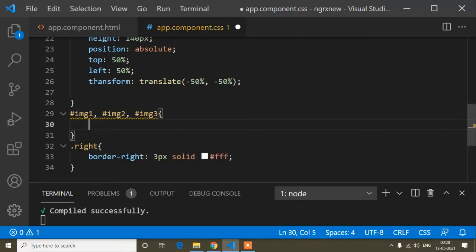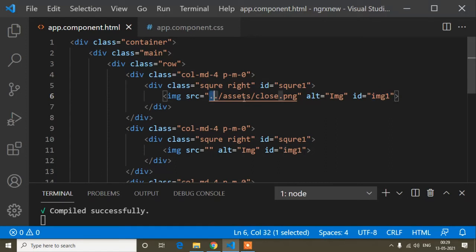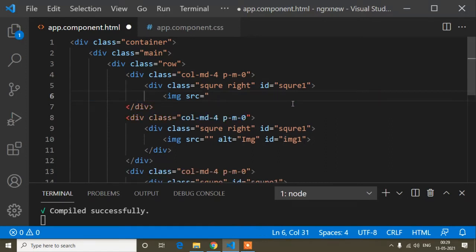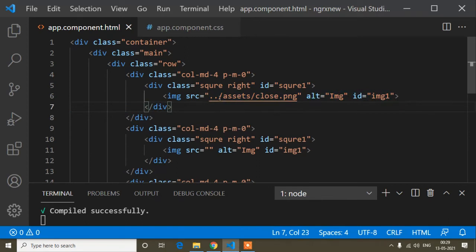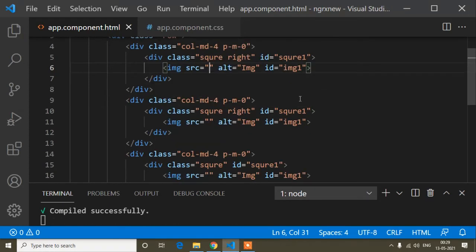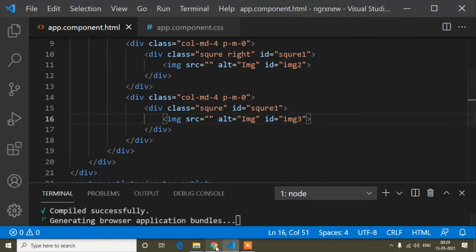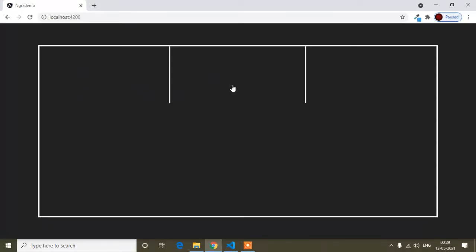All the IDs I will write here, display none. Okay, and from here I will remove the image, because this image will come when I write the functionality. Okay, so here I will change the ID to 2 and 3. Okay, so now the first is done.